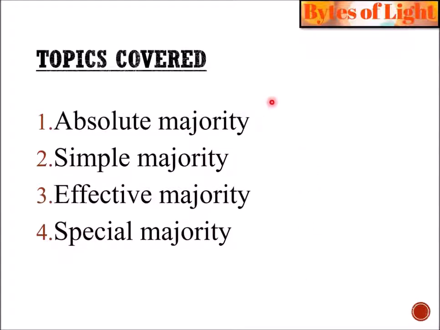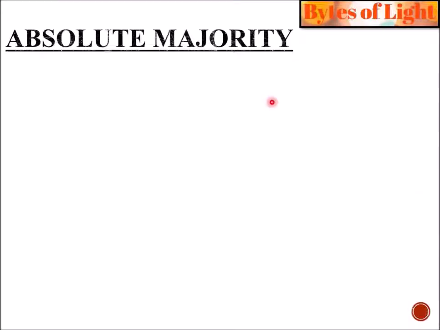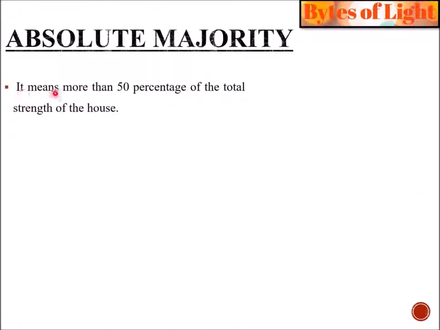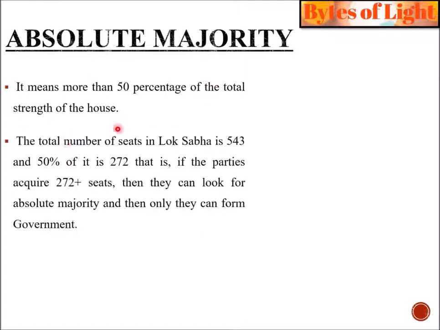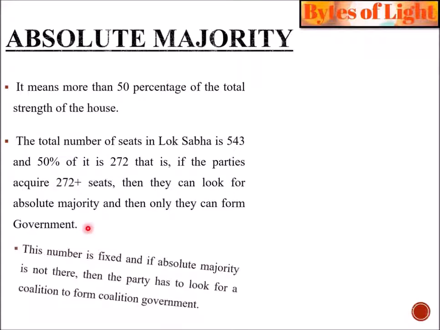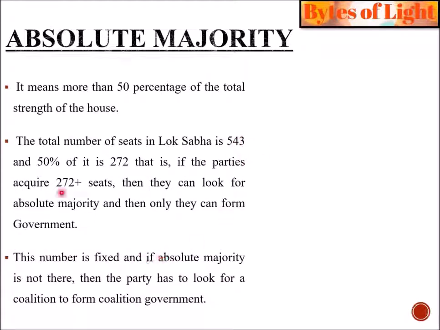Let's start with absolute majority. Absolute majority means more than 50% of the total strength of the house. That is, total number of seats in Lok Sabha is 543 and 50% of it is 272. And if a party acquires 272 plus seats, they can look for an absolute majority and only then they can form the government. That is, this particular number is fixed, and if a party has more than 272 seats, then